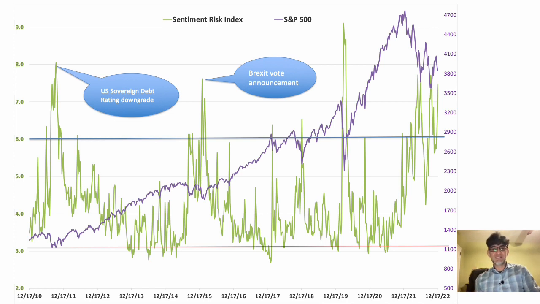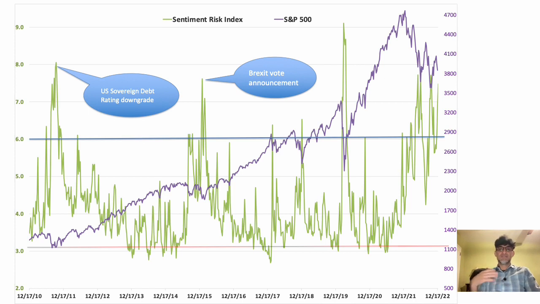And then it correctly predicted the end of these short-term corrections. You can see one in December 2017. I feel like I'm always saying December. And again in December, it correctly became bullish. It was around 6.5. That's one of the highest, most bullish ratings going back to 2015. So it became bullish around